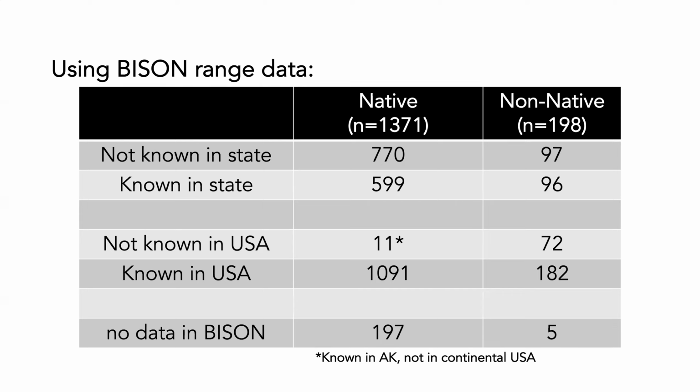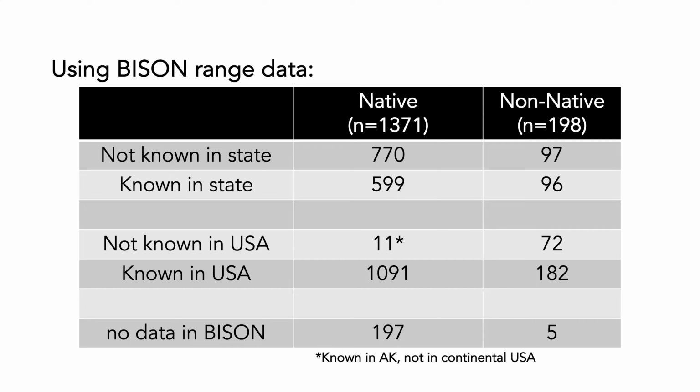Now, going to the non-native species that we found, Sierra looked at 200 site by species occurrences. About half of those were known to be in the state, and about half were not known to be in the state in which the site occurs. 72 of those, at least as far as the Bison database is concerned, were not known to be in the United States. And so these 72 species are of intense interest to us, that we need to dig in further to find out if it's just happenstance that the Bison database does not have that data.